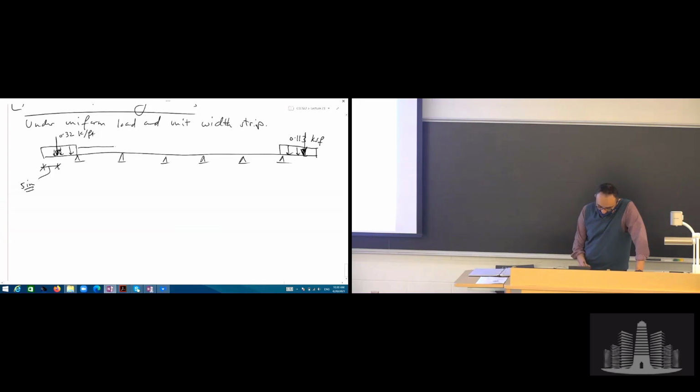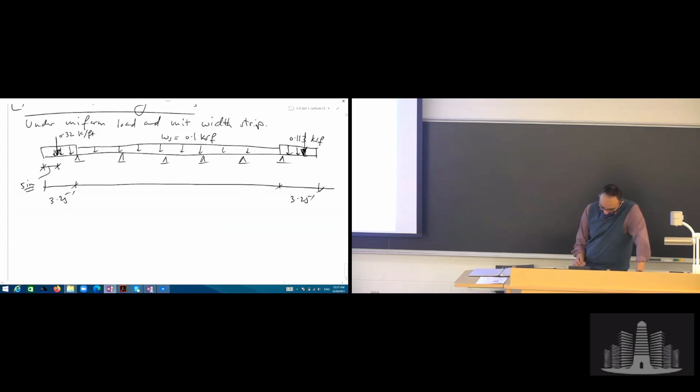And then, of course, we'll have a little bit lower value for this uniform dead load on the interior spans, and the value here is going to be equal to 0.1 KSF. So this is how the dead load looks like. Of course, you got the dimensions and everything, so we know what the dimensions are. All you got to do now is plug this into a software and just solve it to come up with